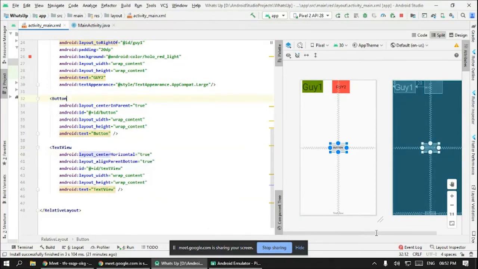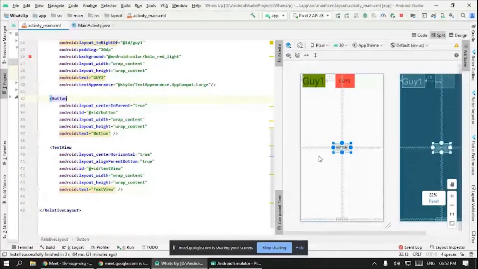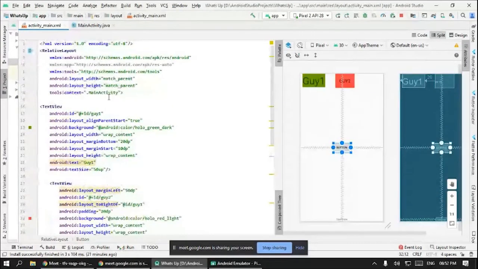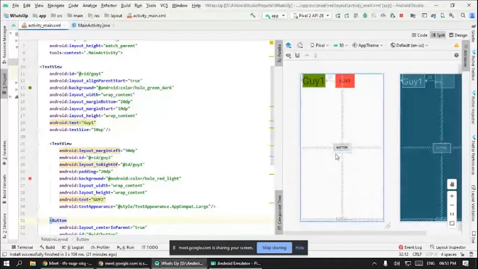Yeah, now that guy is sitting at the bottom center. Like we can make views sit wherever we want with relative layout, and we can keep views stacked together using linear layout. Now this is where we design most of our UI.